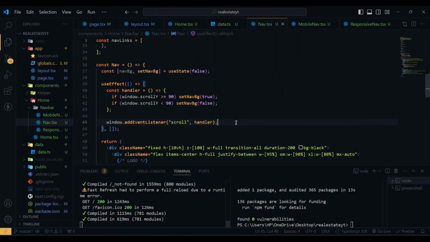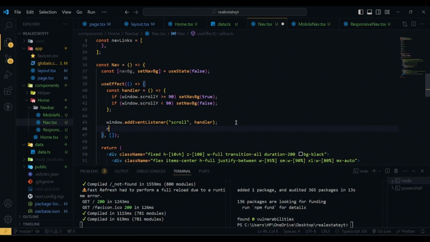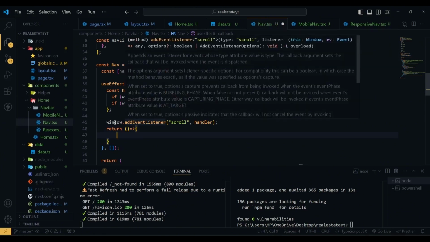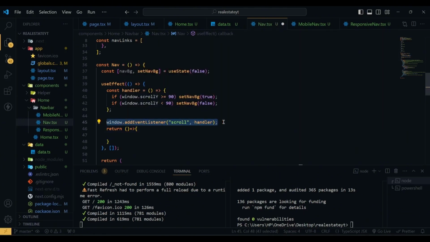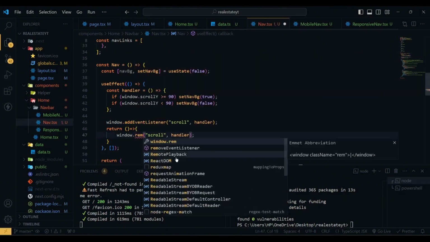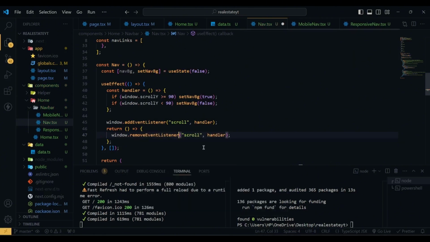Then we are going to add a cleanup function using return. So we are going to return a function, and in the cleanup function we're going to remove the event listener. Now if I hit save,